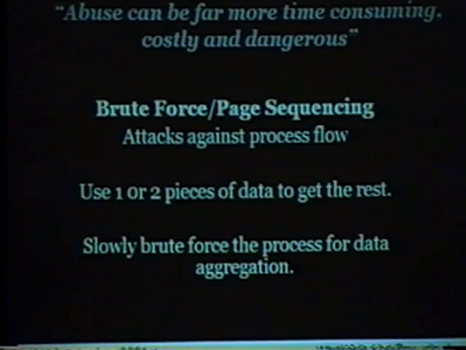So for instance, let's say you have a system where it asks you for your name, address, telephone number, or social security number matched with your name or some other piece of information. Well, if you have one, chances are you can get the other. So what you do on these process flows is it's going to try to validate you. It's going to match your zip code to your social security number. Well, put in a zip code and run through every social security number and the ID until you get it, and you move on to the next phase.